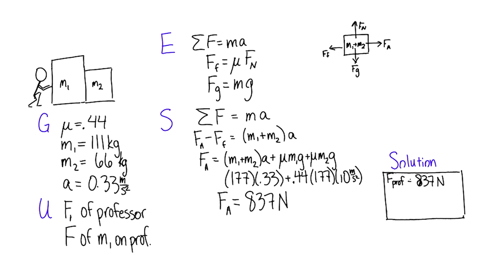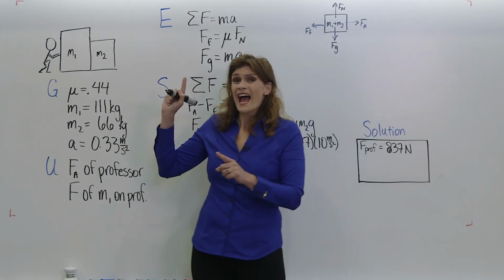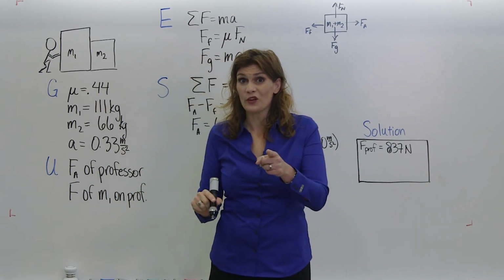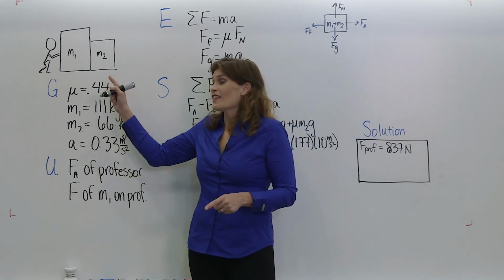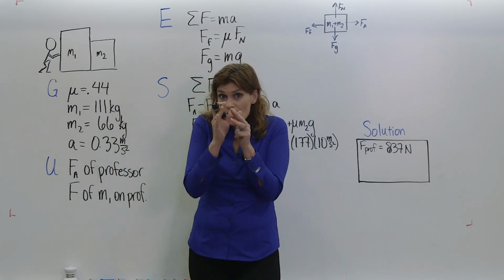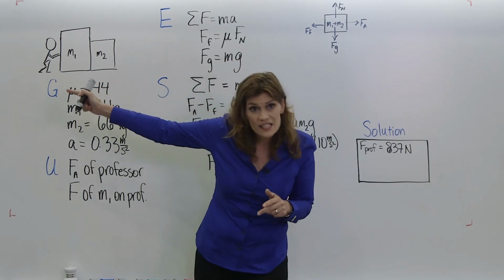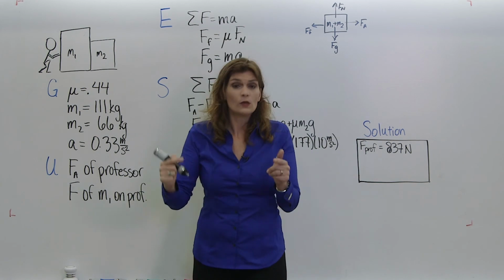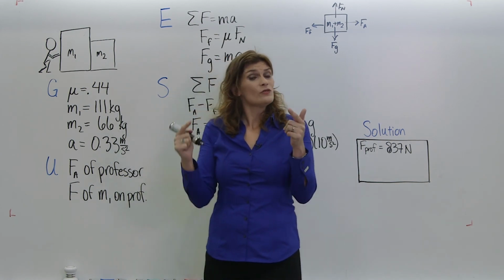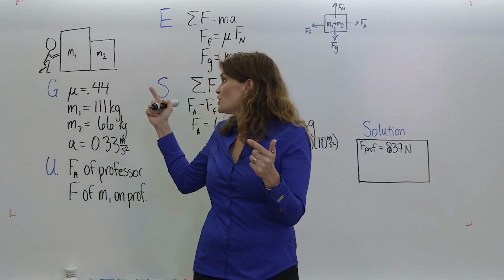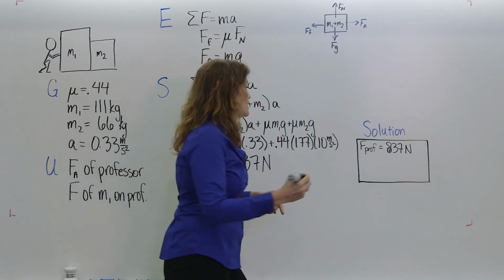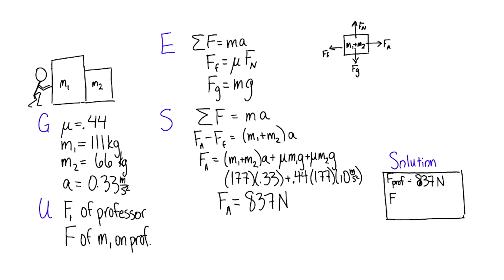837 newtons. Now, the second part of the question asks, how hard does this M1 push back on Dr. Hafner? If you've been watching your lecture videos, you know that because the system is closed right there, M1 has to push back on Professor Hafner with the same force, equal and opposite. So it's by Newton's third law, M1 is pushing on Professor Hafner with the same magnitude of force, just in the opposite direction. So we say F M1 is equal to